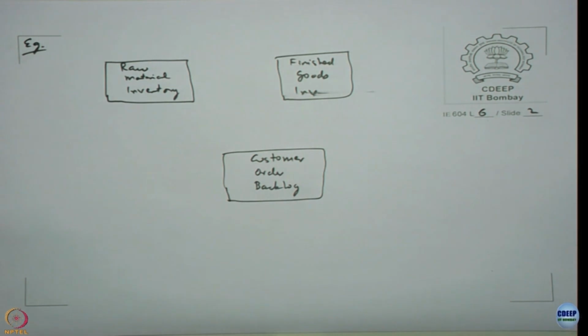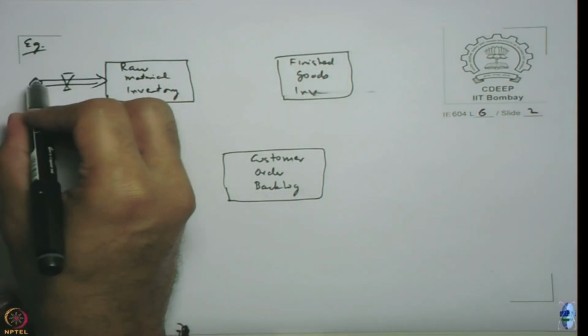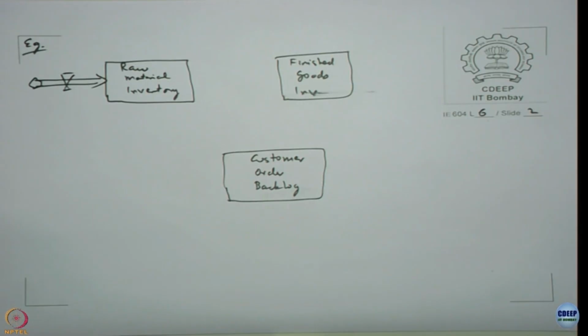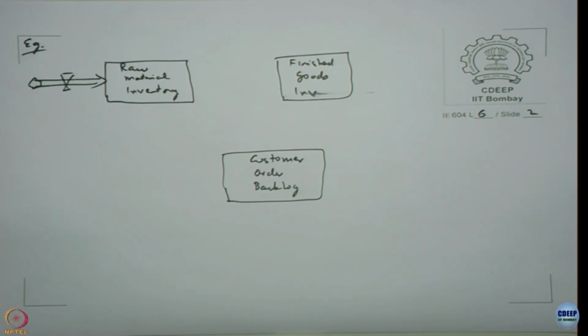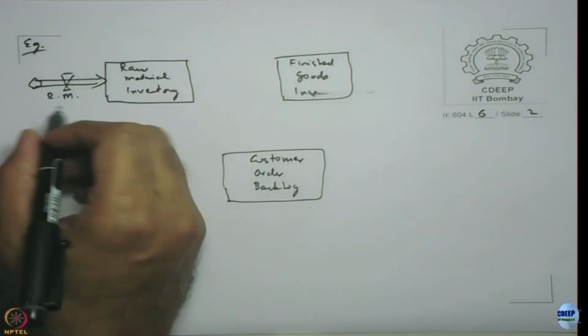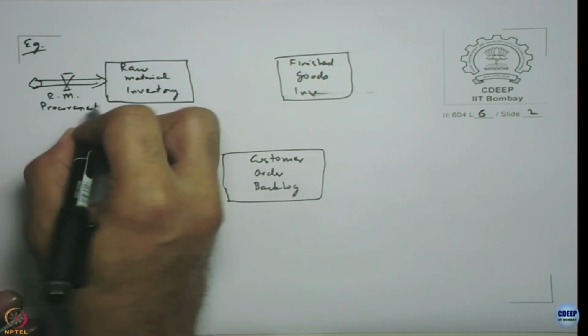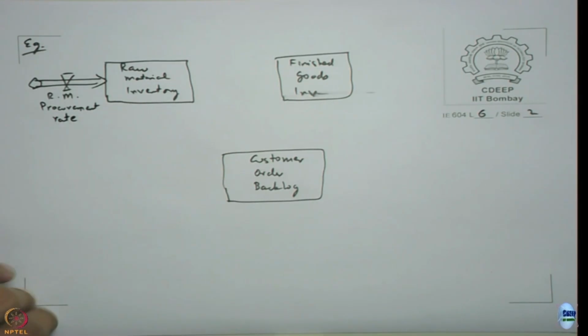So these are the three stocks we have, and the description starts off saying that the manufacturing firm orders raw materials from outside. So we need to have a flow which is coming into the raw materials, right? Otherwise how is the stock going to change? We can't have anything else, we have to have a flow. That will be the rate at which I am procuring materials. So I can call it, using RM for raw material, the procurement rate,